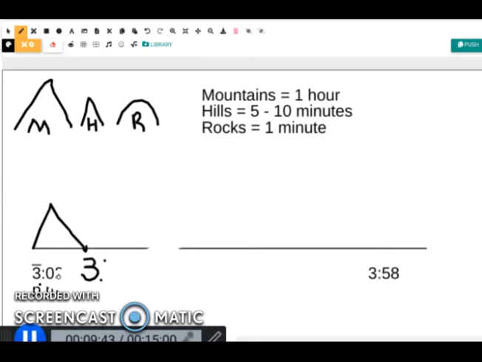So 2 minutes plus 10 minutes is 12 minutes. So it's going to be 3:12. And then I'm going to do another hill, and that's going to give me 10 more minutes. It's going to give me 3:22, and hopefully your number line will look better than mine because Miss Bays is